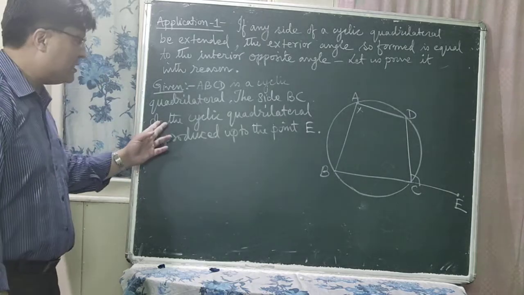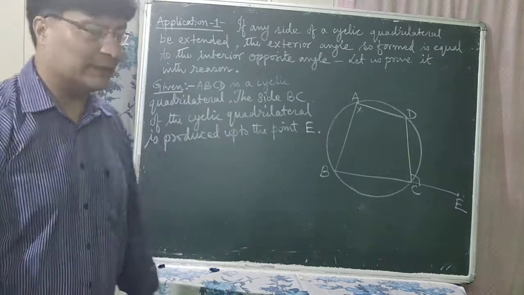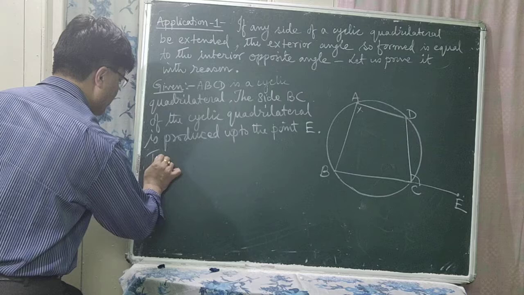The side BC of the cyclic quadrilateral is produced up to the point E. Okay. So now to prove